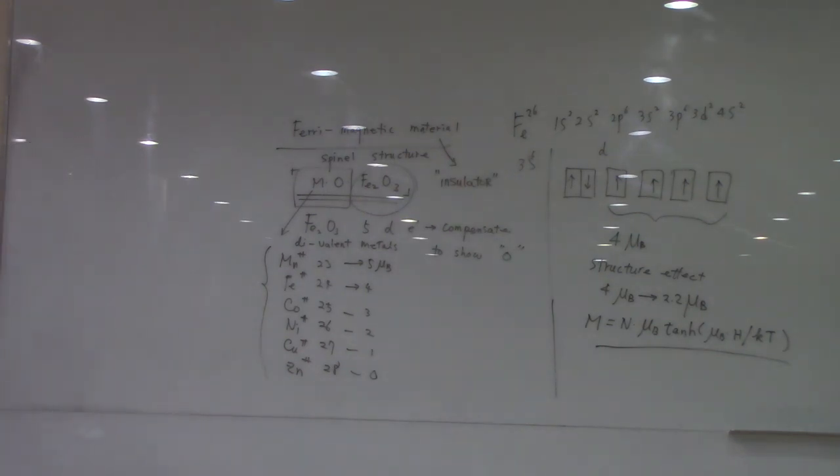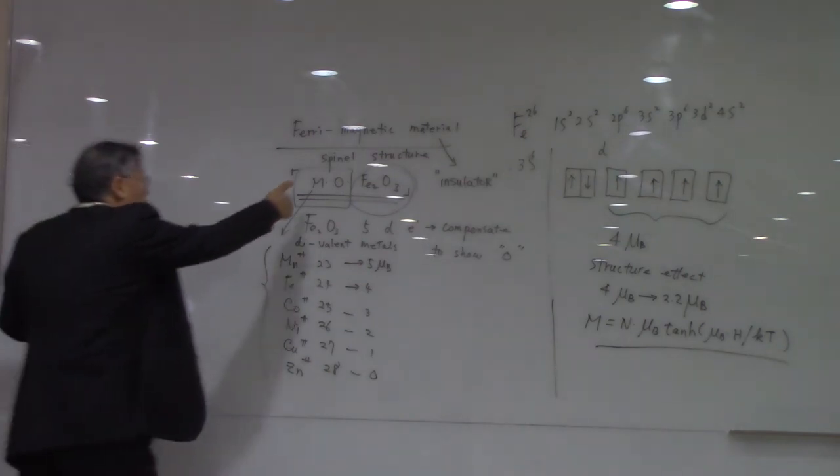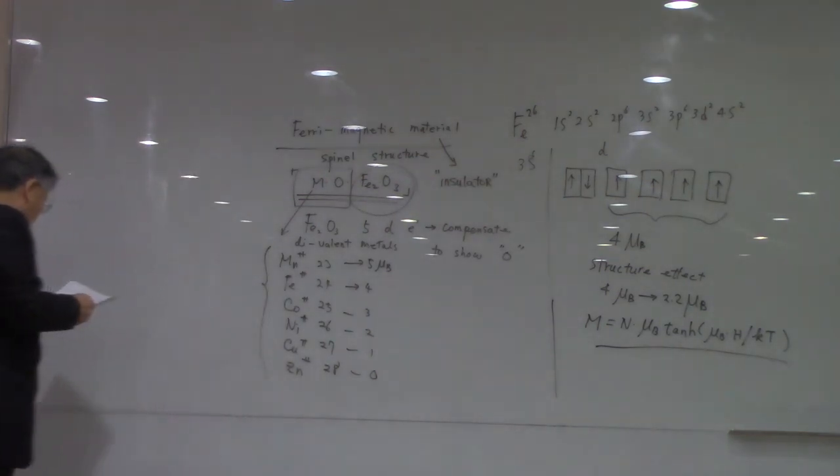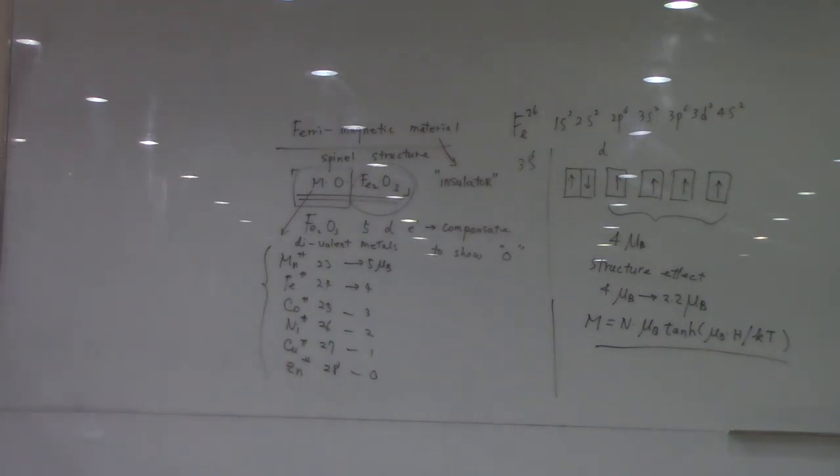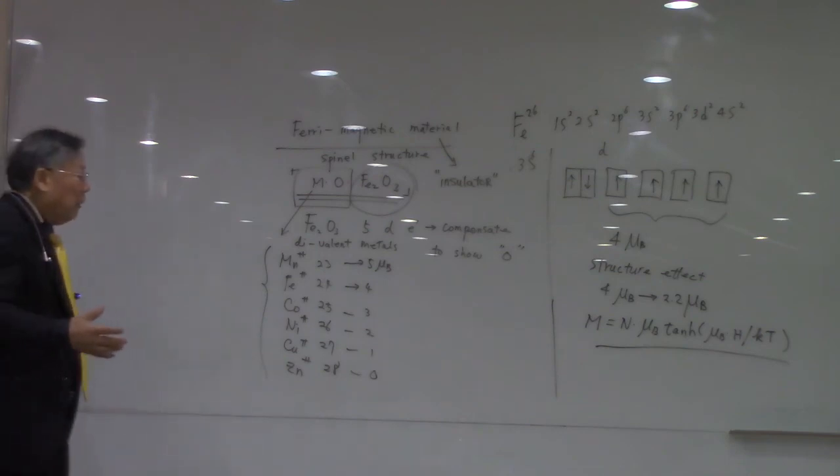And in the spinel structure, we are going to have two cases for this. Okay. We are going to have spinel structures and inverted spinel structures, and those structures are very closely related to the magnetic moment